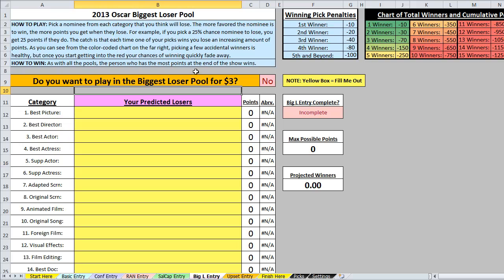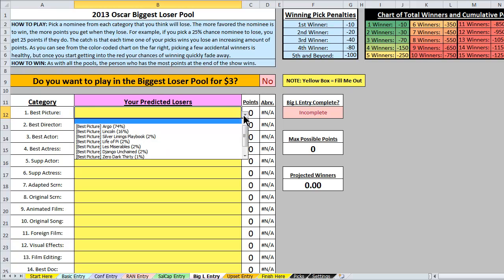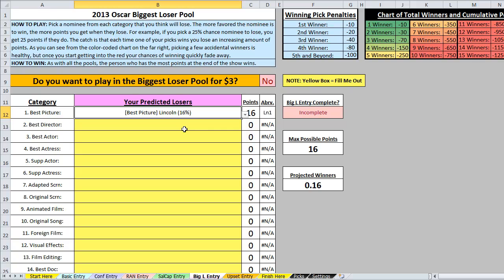Now this is one of the new modes for this year. It's the Biggest Loser, and this is something I noticed from years past. There'd be these ones where I'd see it and be like, oh, that has no chance of winning. And so this pool is about picking those ones that you think have no chance of winning, or that you think are vastly overrated and are much more likely to lose than other people are saying, or than the odds are saying, and you sort of pick them, and you get points based on how